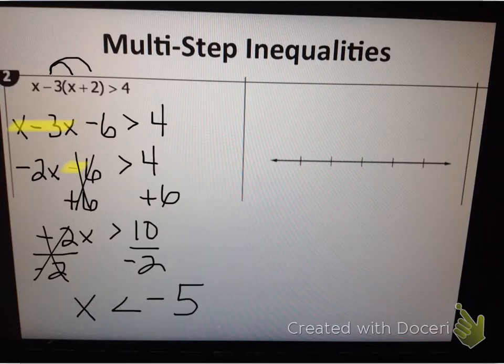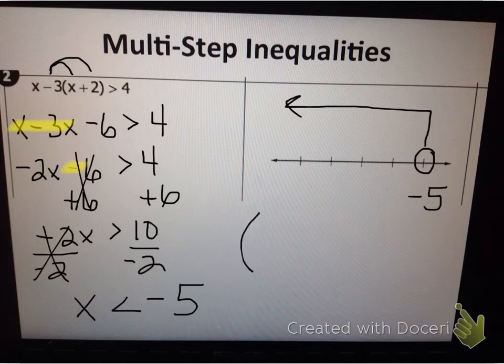So again, our inequality symbol doesn't have a line under it, so we have an open circle. We'll call this spot negative 5. Now, we're talking about numbers that are less than negative 5, so our graph should go to the left. For interval notation, since we're going to the left, we're going to the negative side. So that's negative infinity. And we started at negative 5, not including 5, so we have to have parentheses